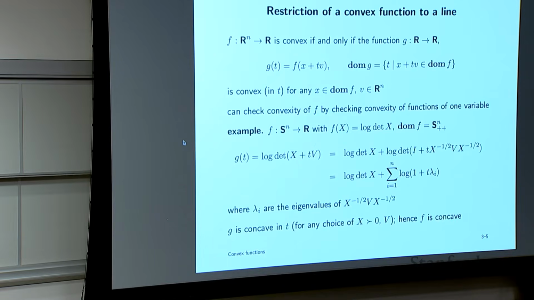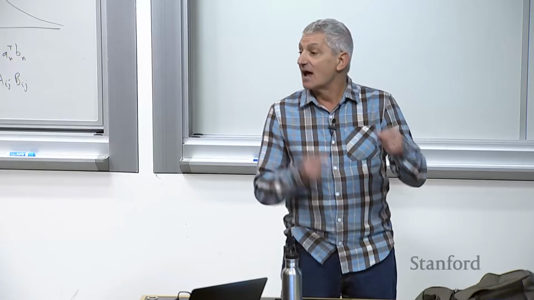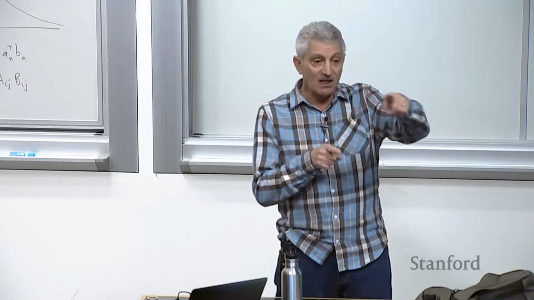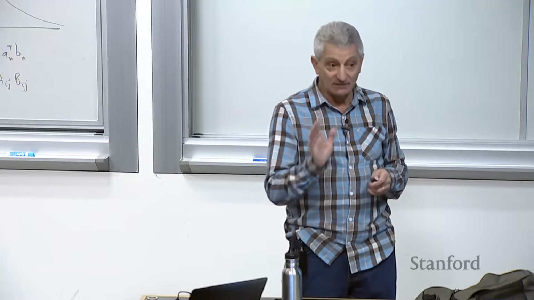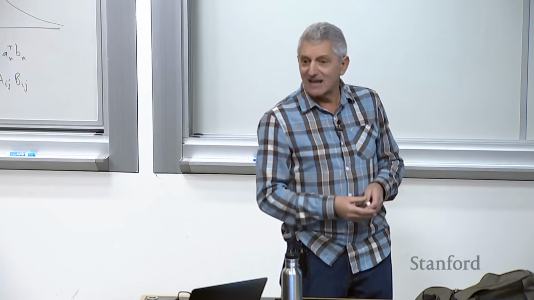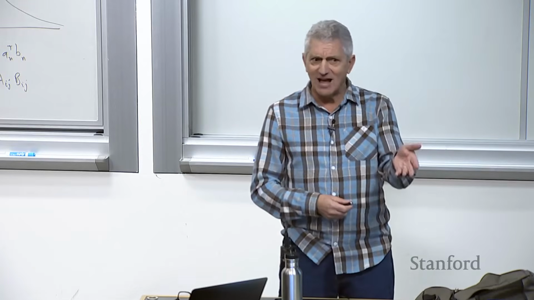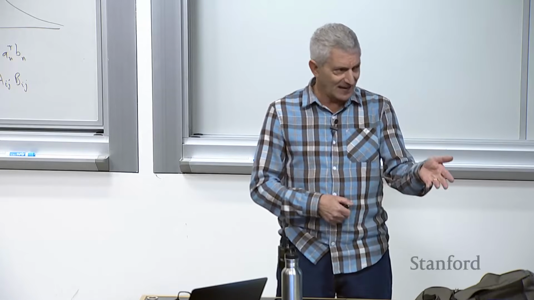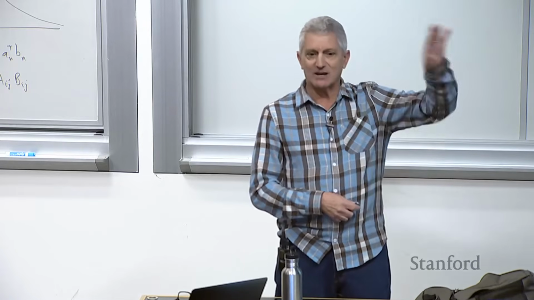Okay, so here's a general method. It's useful sometimes for checking convexity. It says the following. If I have a convex function and I restrict it to a line, now restricting it to a line means I'm only going to look at its values along the line, right? A line in R^n. Then the restricted function is convex. Not only that, it's a function of a single variable. You could plot it and just look at it with your eyeballs and see that it goes up, right?